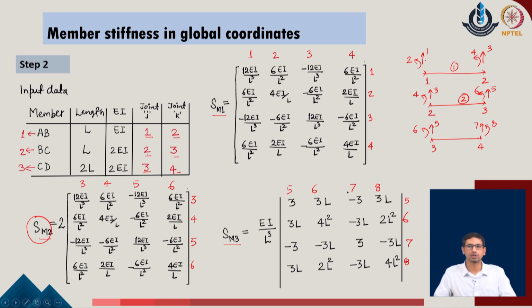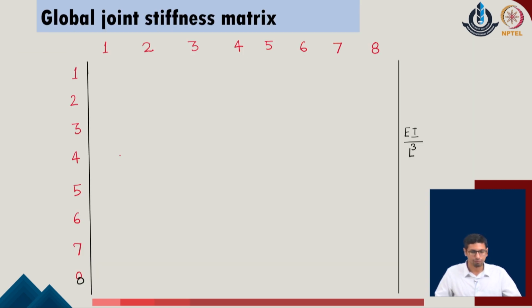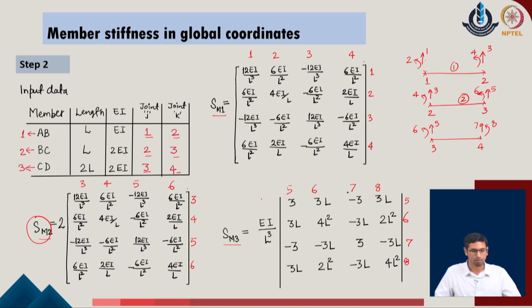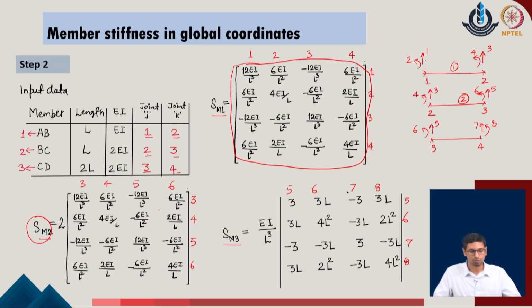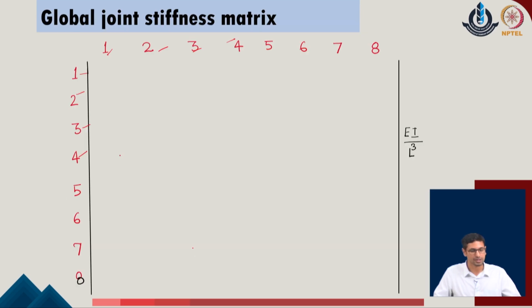So, knowing these values, now I can easily place the stiffness contribution of member 1. I can bring this stiffness contribution identified over here and place it directly in the position of rows 1, 2, 3 and 4 and columns 1, 2, 3, 4 in the global system. Similarly, I bring the contribution of member 2, which corresponds to rows and columns 3, 4, 5, 6, and this contribution will be added in that position.